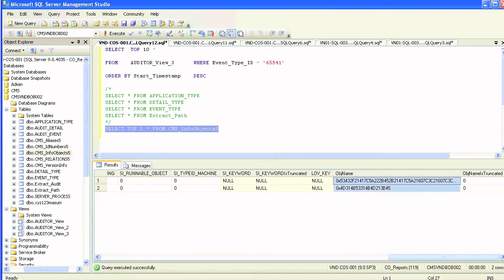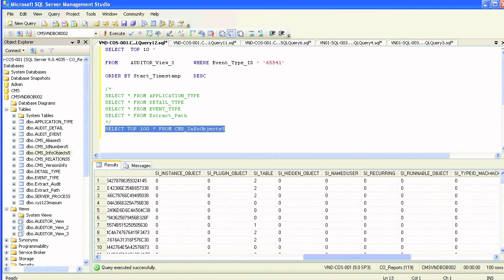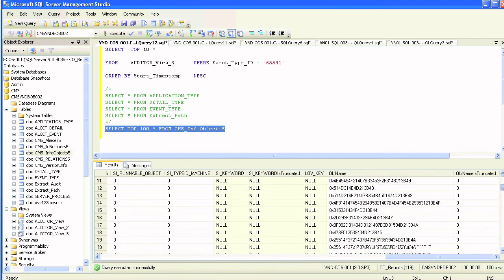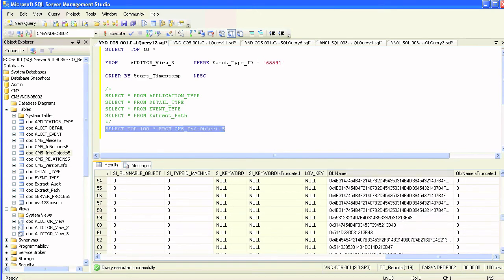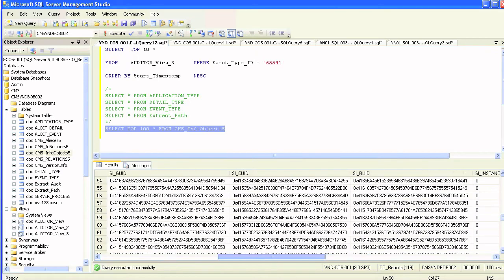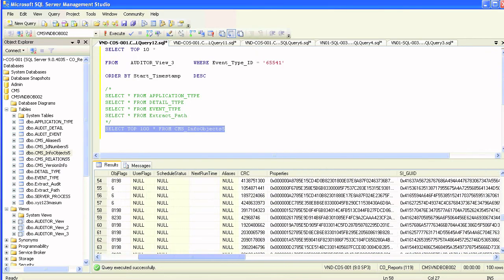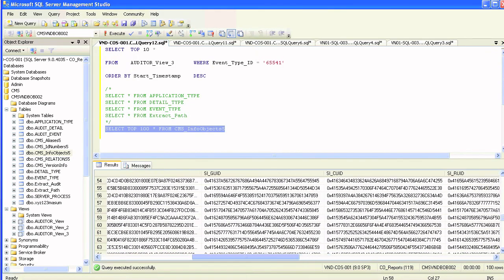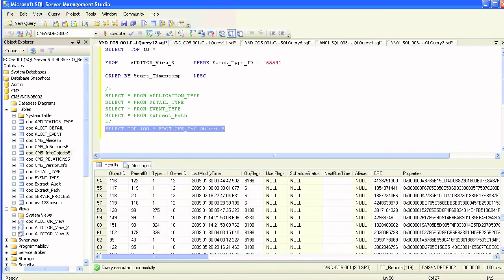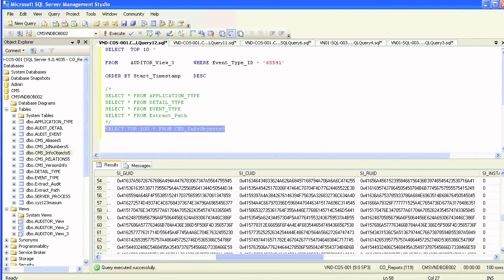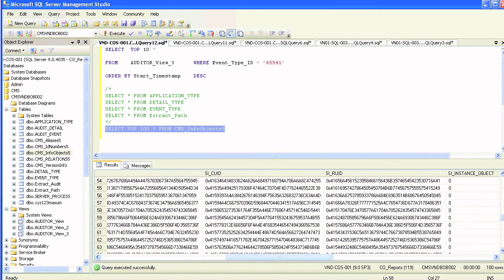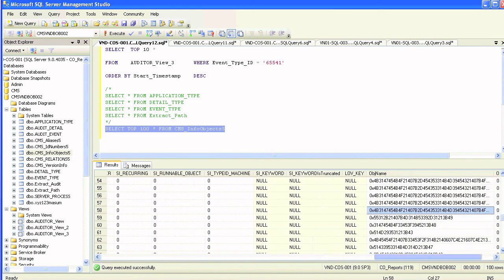But the most important column is this column, object's name. This column has a list of all objects and business objects, and they are encrypted, so the information is useless to us. But I found some websites online that have the decoding replace SQL script, and I will go over